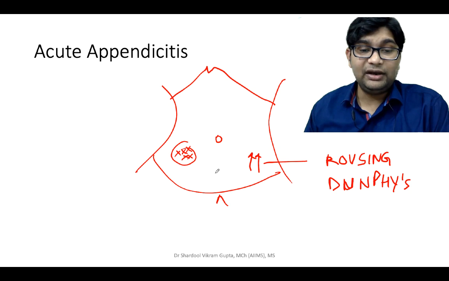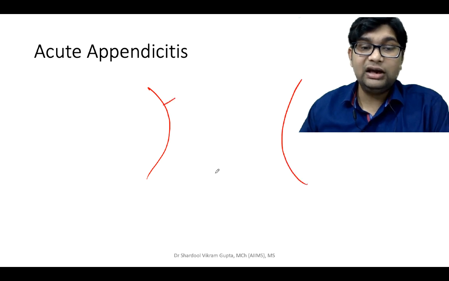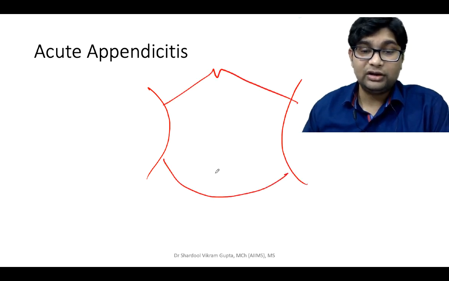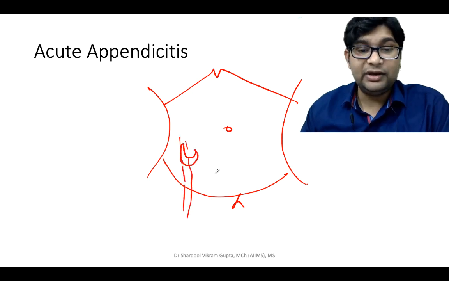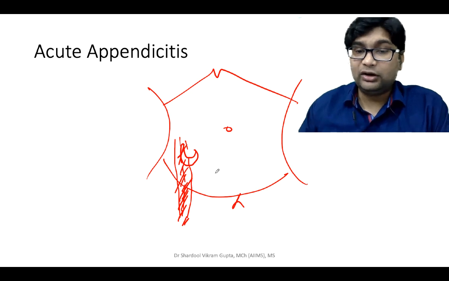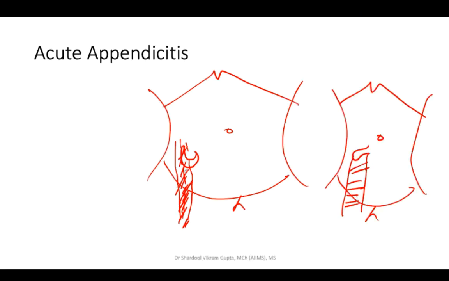What sometimes happens is that the appendix lies in a retrocecal manner and it irritates the iliopsoas. It is retrocecal in nature and irritates the iliopsoas. Hip में क्या action होता है iliopsoas का? And sometimes it also irritates the obturator internus. So if the iliopsoas is irritated, there will be flexion at the hip joint. The hip joint will be flexed.